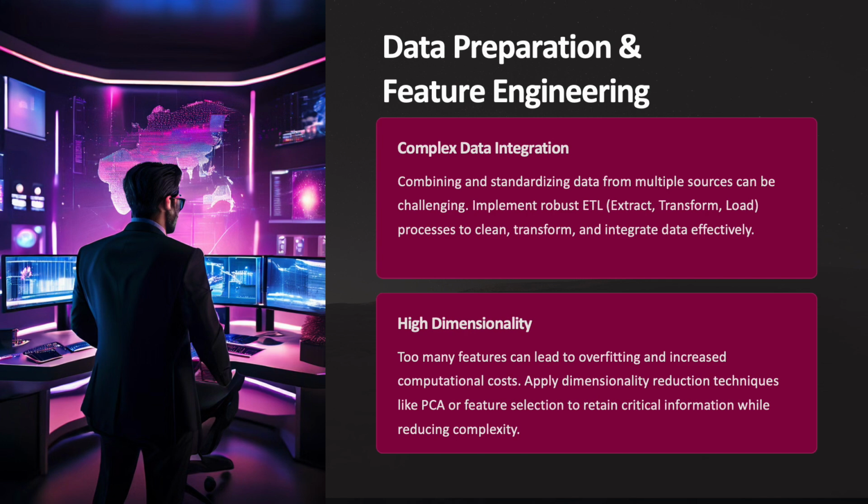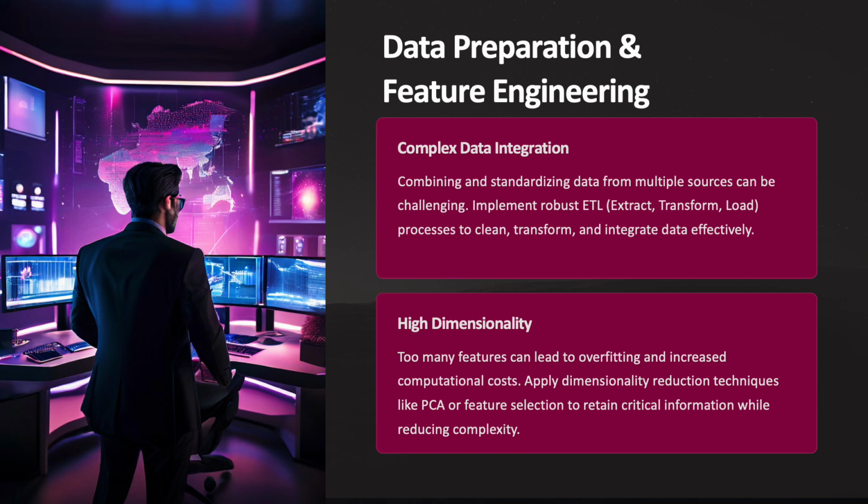Once the data is prepared, feature engineering becomes the focus. This involves creating new variables or modifying existing ones to enhance the model's predictive power. For instance, you might engineer features like customer interaction frequency or transaction patterns in a sales dataset to improve prediction